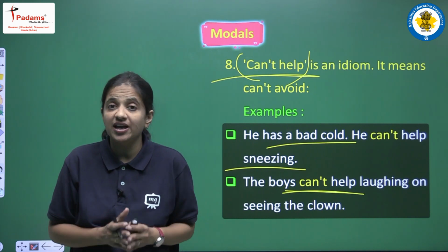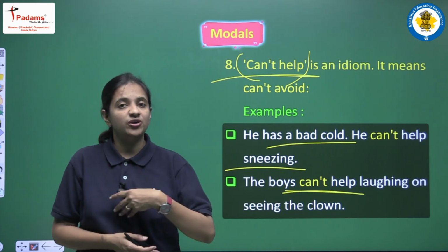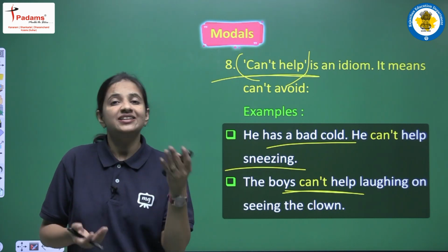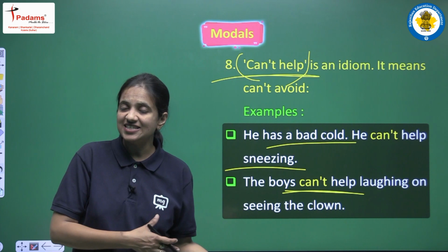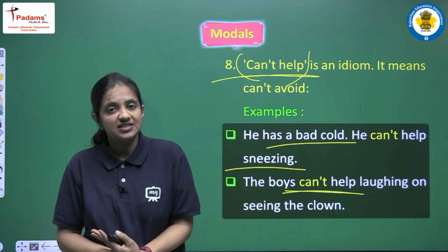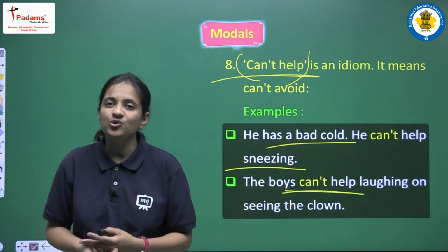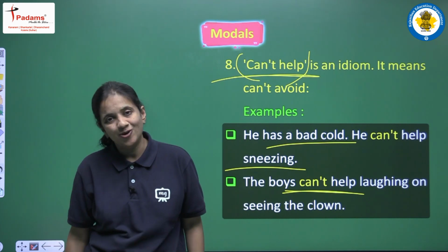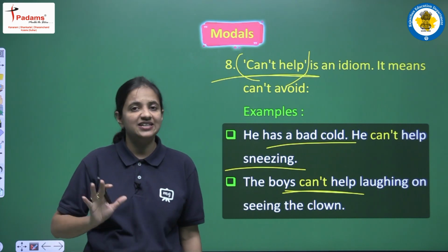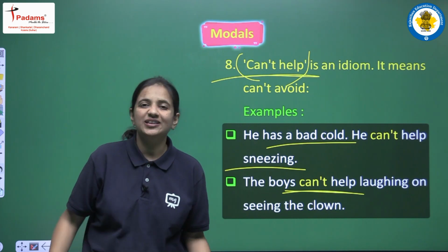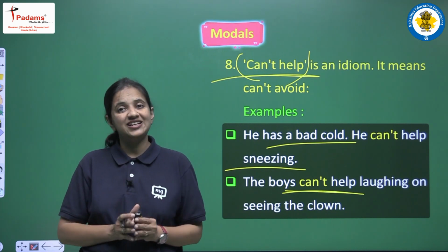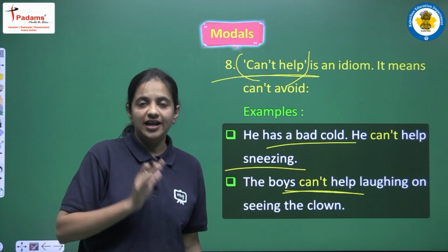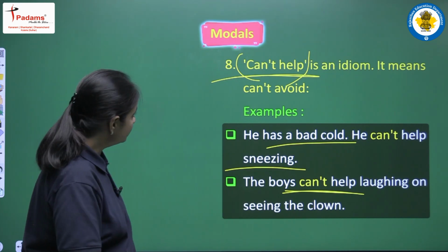You have to be very particular about what the uses of every modal are. That thing has to be there in your mind. Then only you will be able to read the sentence, recognize the mood of the sentence, and then you will be able to write the appropriate modal. Right? So this is all about our very first modal, that is can. I am sure that all the uses of can, everything is clear to you all. And now next we are having our next modal, so let's move on.